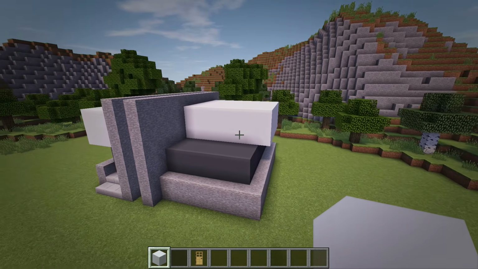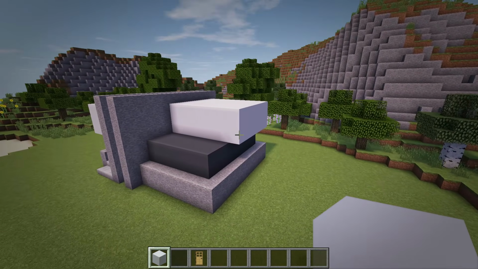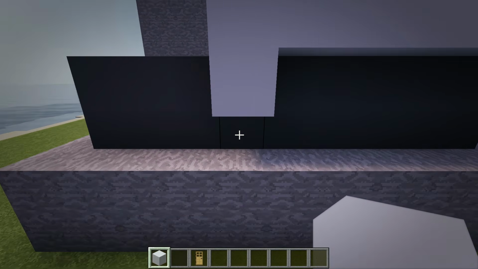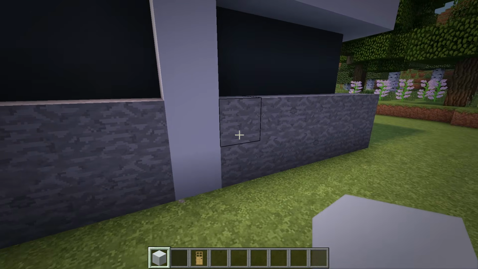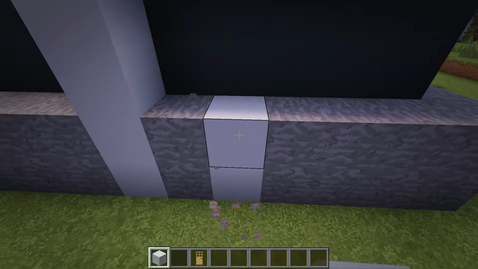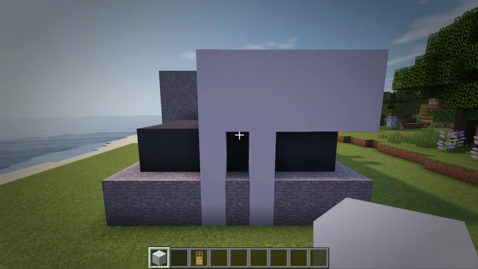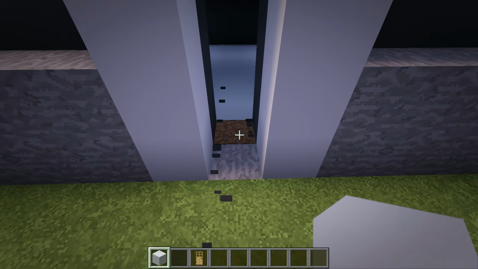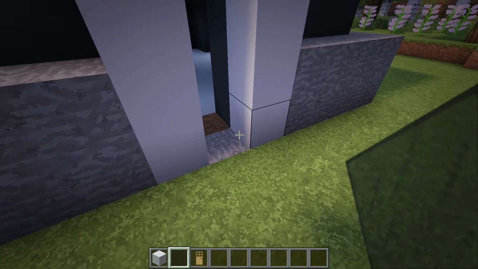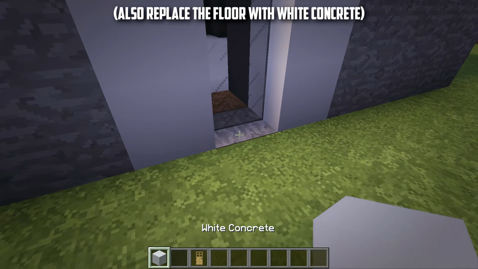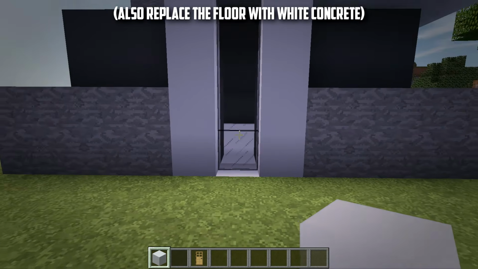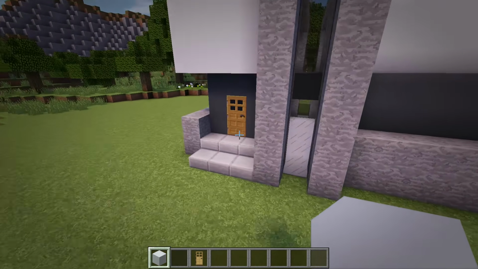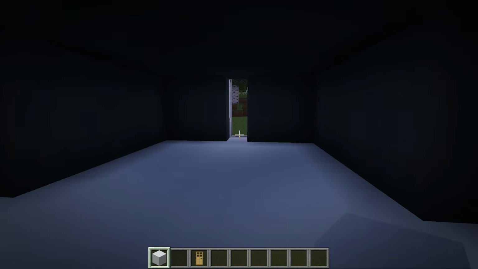Next we'll extend down a couple white concrete columns at the front right corner of the wall we just made. So down from this corner, place in white concrete blocks and remove any stone in the way, and then we can add in a second column a block apart from this one. Now in between these columns, let's remove the stone and bottom 3 gray concrete blocks, and then we can add in black stained glass panes between the white concrete here. So now with this in place, let's then go on the inside and remove the gray concrete at the sides of this window we just placed.